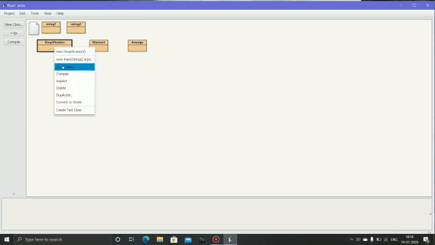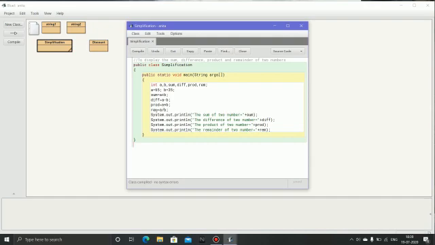Just check it again. I have divided, but here we are finding the remainder, so we will change this. The remainder sign is the percentage sign, because there it stores the quotient, not the remainder. Now I have changed the sign. Then class, save again, then compile. No error is here, then you will close.